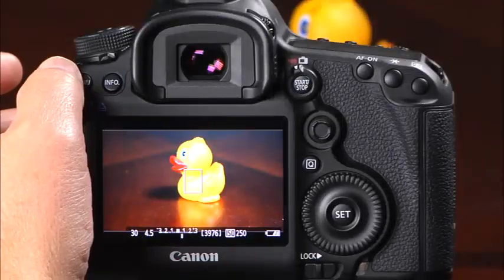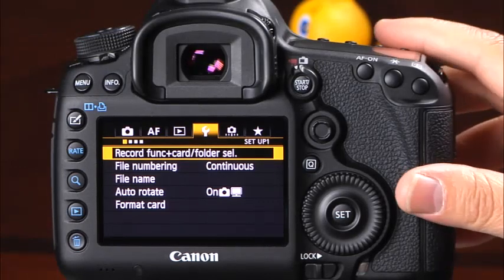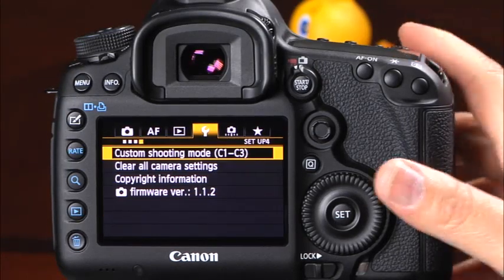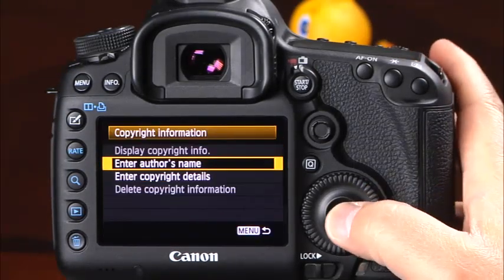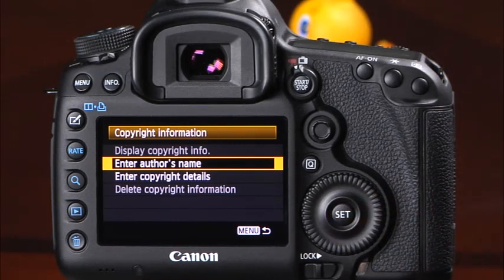Another useful feature on the 5D Mark III is copyright information, where you can enter your own copyright information to be saved on the metadata for each image that is recorded. To enter your own copyright information, navigate to the 4th Setup menu and select Copyright Information. Here you can select Enter Author's Name,